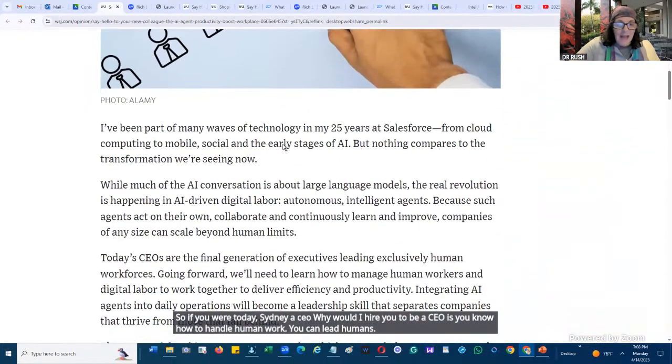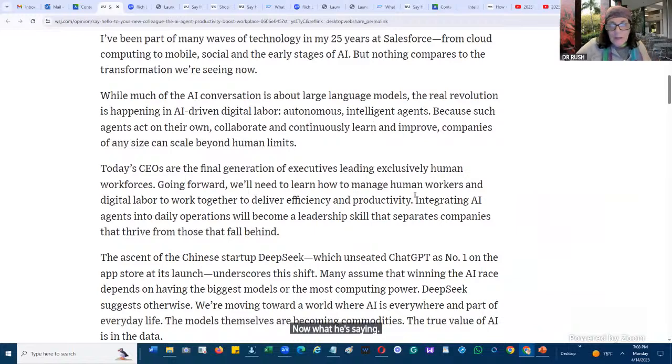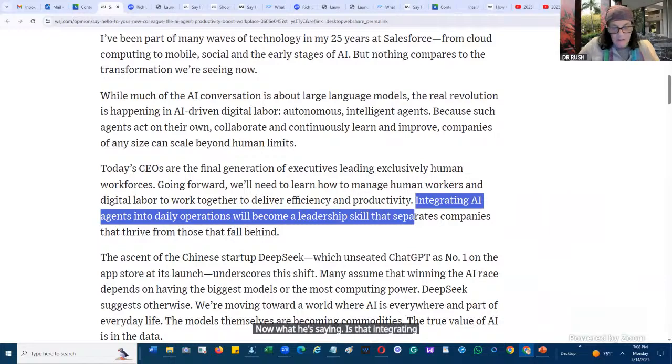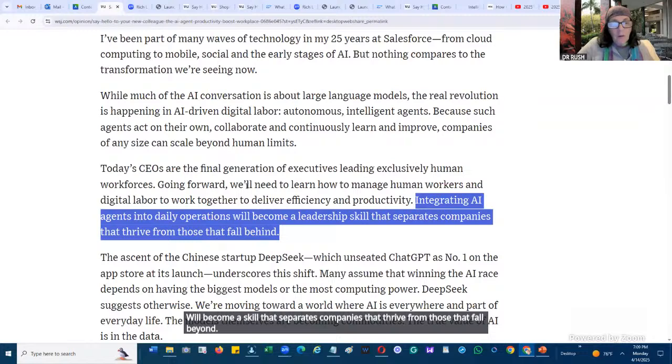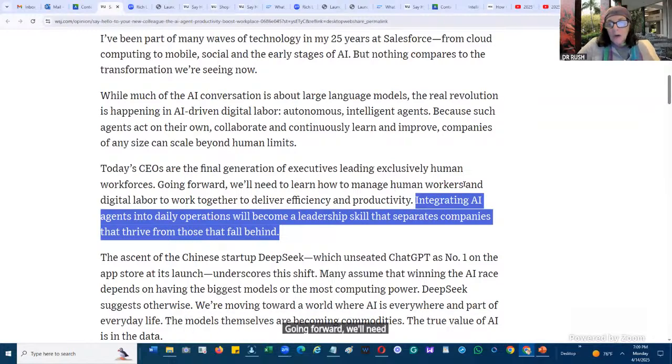Now what he's saying is that integrating AI agents into daily operations will become a skill that separates companies that thrive from those that fall behind. Going forward, we'll need to learn how to manage human workers and digital labor to work together to deliver efficiency,